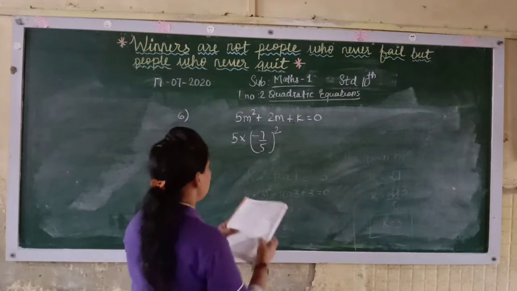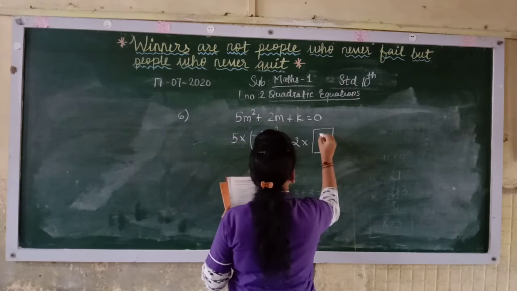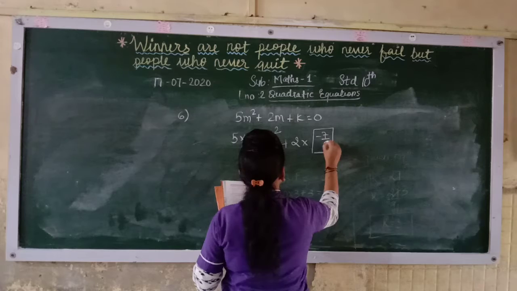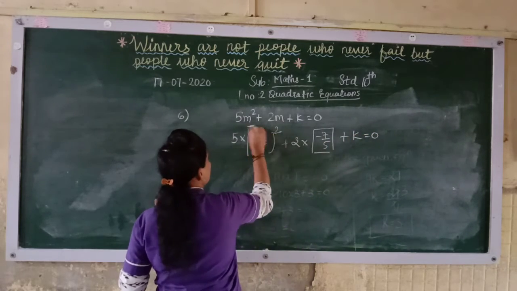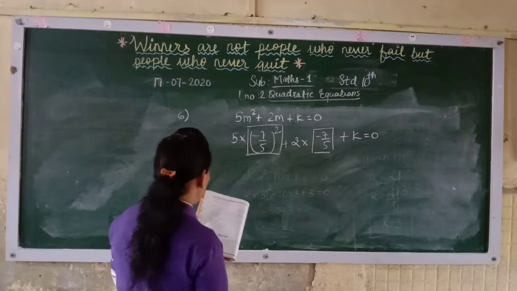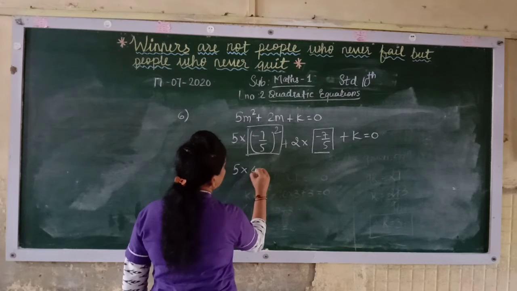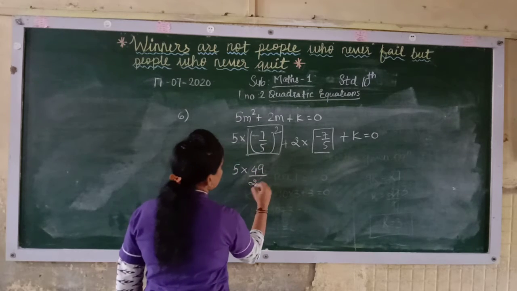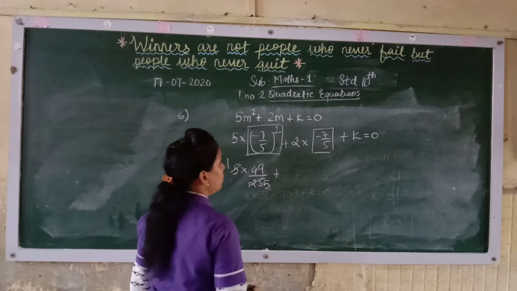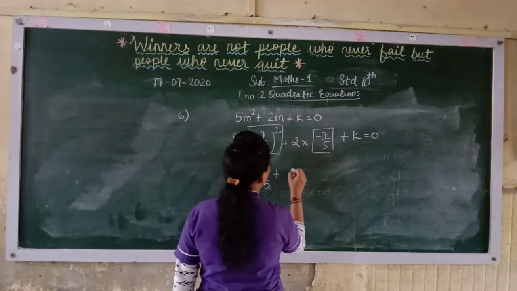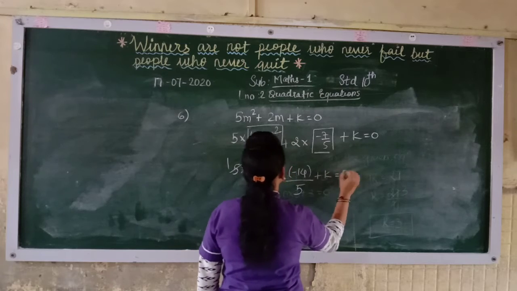The box they have given is plus 2 into, this is the box over here, so here you will write 2 into minus 7 upon 5 plus 8 equal to 0. This is also given in the box. Now see here, what you will get over here: 5 into 7, 7 5s are 35, 7 7s are 49, 5 5s are 25, plus this, how you will get 7 to the, it is minus 14 upon 5 plus k equal to 0.